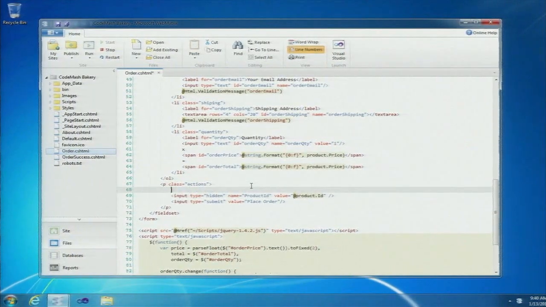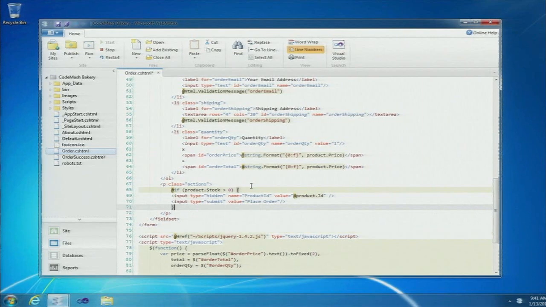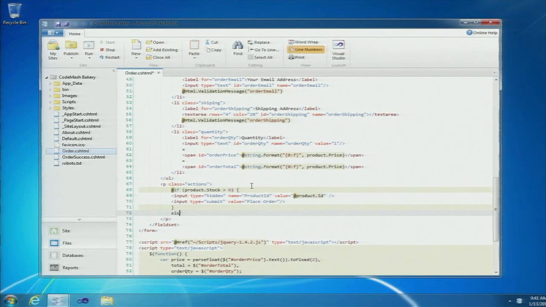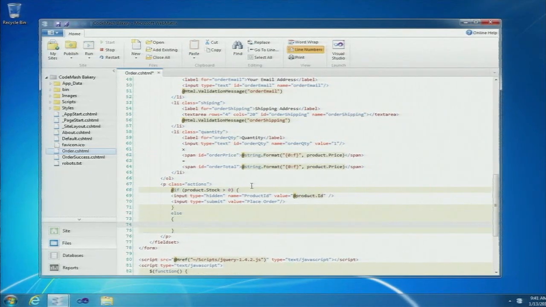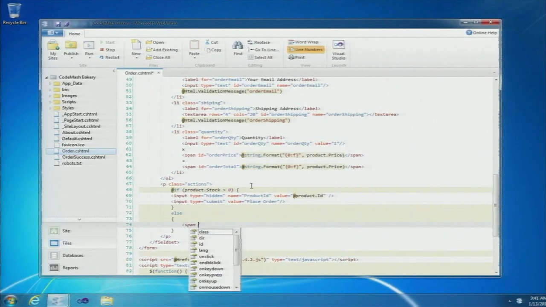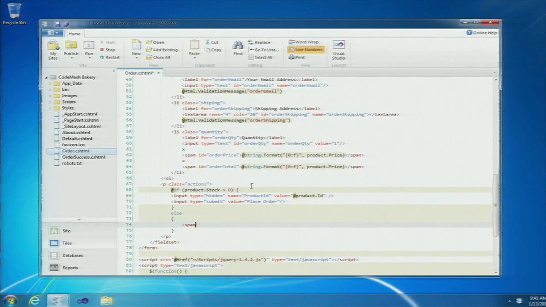OK, let's add the code that we need to tell people that items are in stock or not. So we're going to say if product.stock greater than 0. And this is a very simple statement. We'll add an else clause. And then we'll start to type HTML. And notice how we get IntelliSense inside of the IDE. And then we'll say that Josh has already eaten this before, so we aren't able to get this particular product.